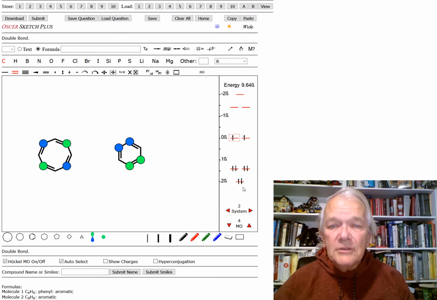Instead of 8 electrons, we have 8. That's it. The 2 fills the bottom, the next 4, but now we have 2 sitting up here. So this is a diradical. That's really reactive, and it's not a stable molecule at all. What we would want if we're going to have a more stable system is to have